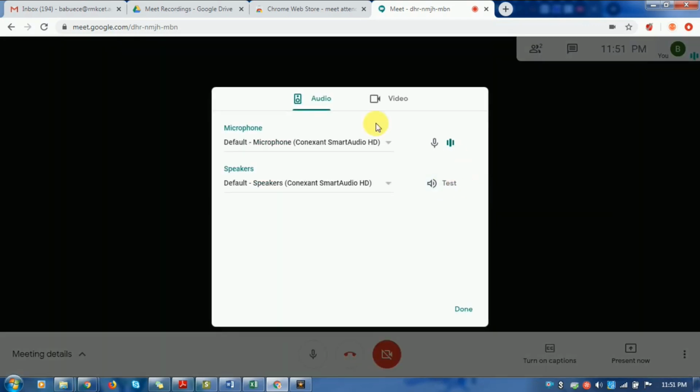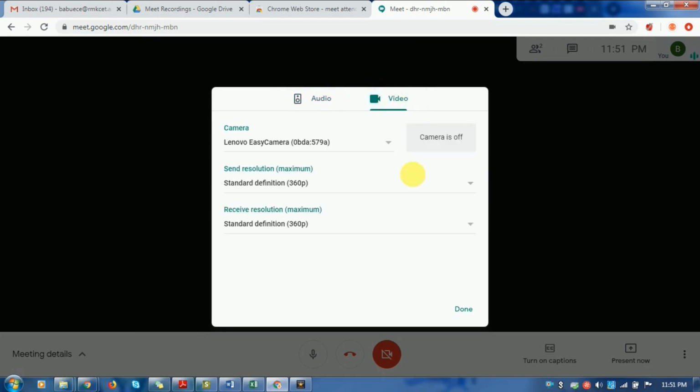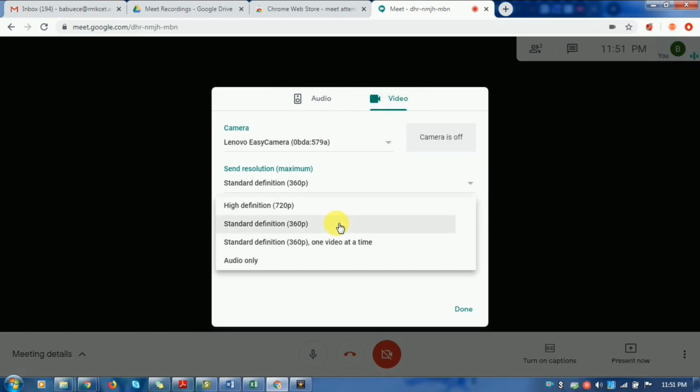By clicking on that, you can change the audio as well as video settings. For example, if your bandwidth is very low as an attendee, you can change the resolution according to your bandwidth. If you want to receive a high definition presentation, you can click here. If you want only standard definition, you can click here.